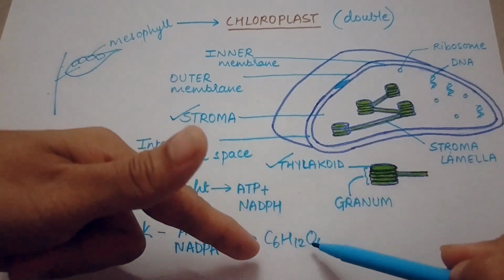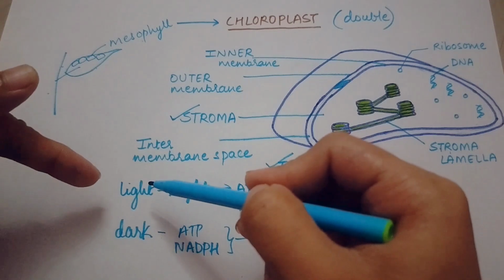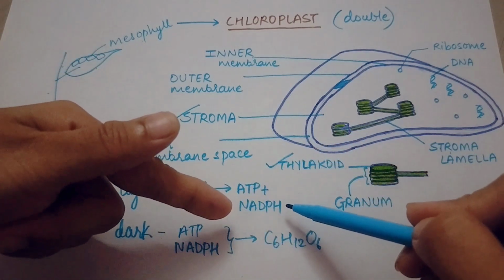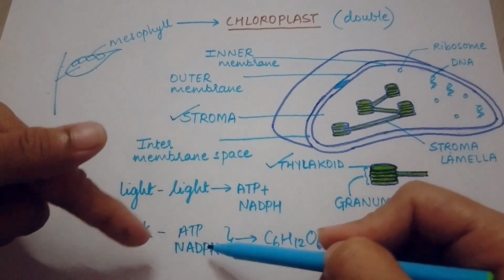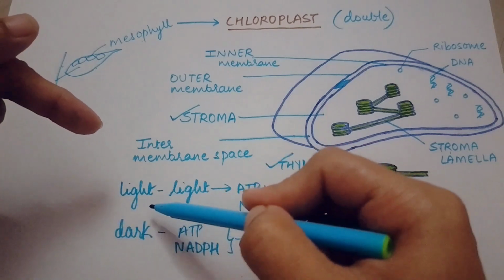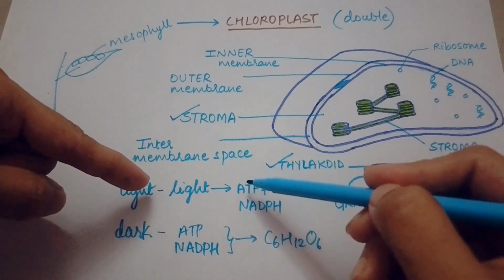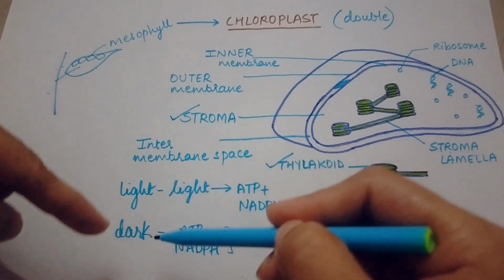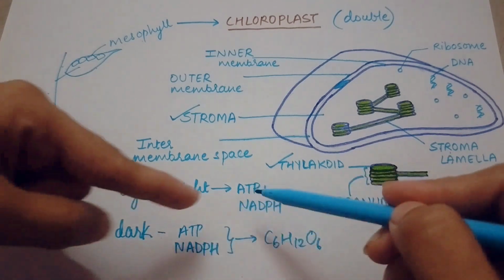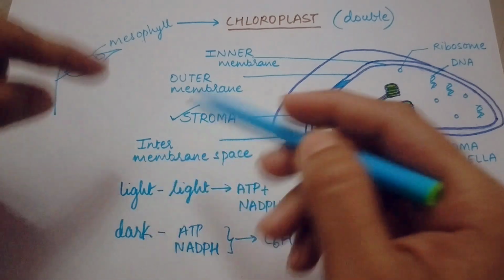लाइट ट्रैप कर रहे थे और कार्बोहाइड्रेट बना रहे थे. This entire process involves two reactions, light reaction, dark reaction. जहाँ light trap करोगे ATP NADPH बनाओगे, फिर बाद में ATP NADPH यूज करके ग्लूकोज बनाओगे, which comes in dark reaction. Now dark reaction does not involve light, but it is dependent on the products which are formed in light reaction. इसको लाइट की ज़रूरत नहीं है, बट ये किस पे डिपेंडेंट है, ये जो प्रोडक्ट्स इसको चाहिए ये लाइट से बन रहे हैं. So it is indirectly dependent on the light reaction.